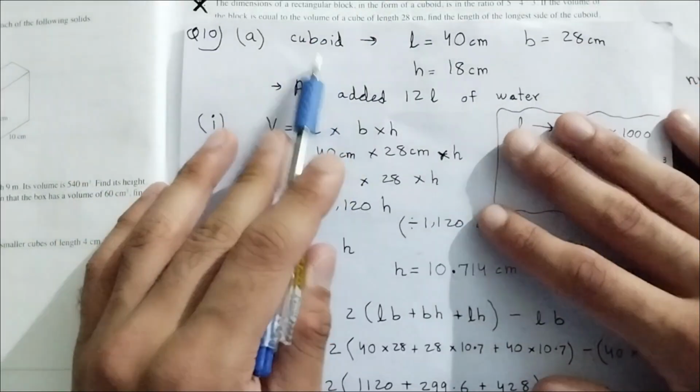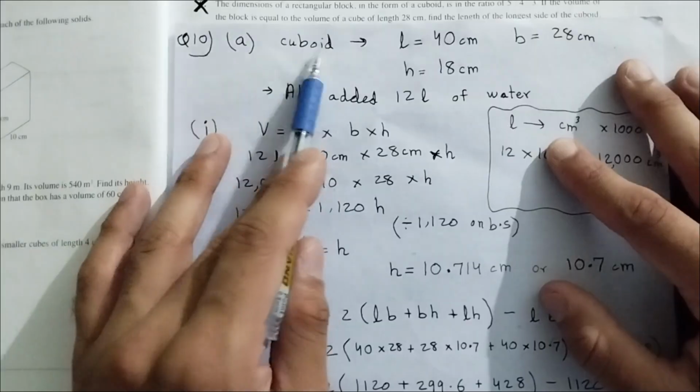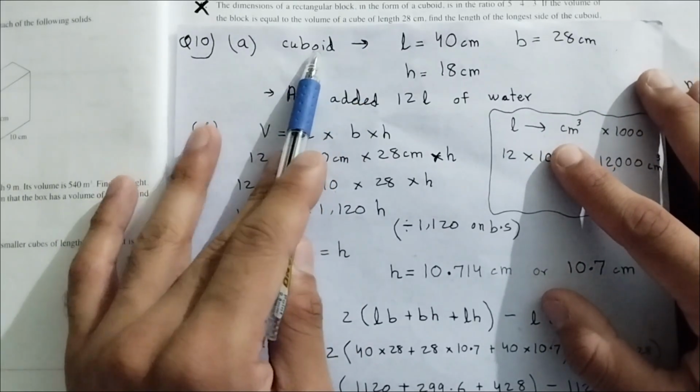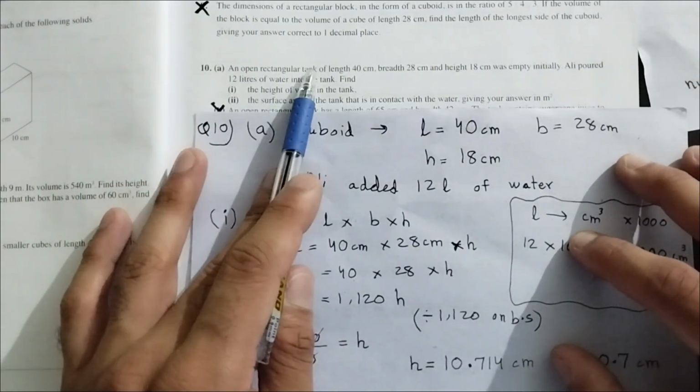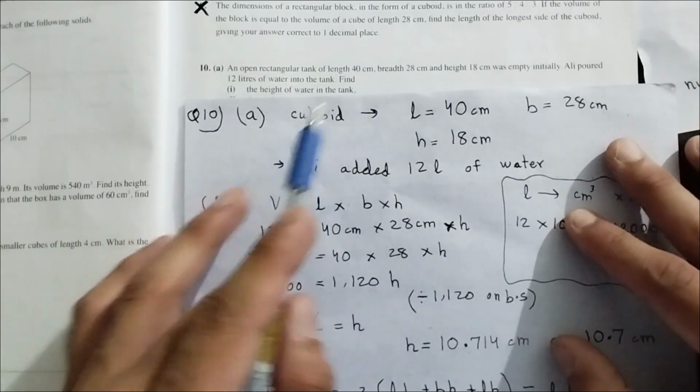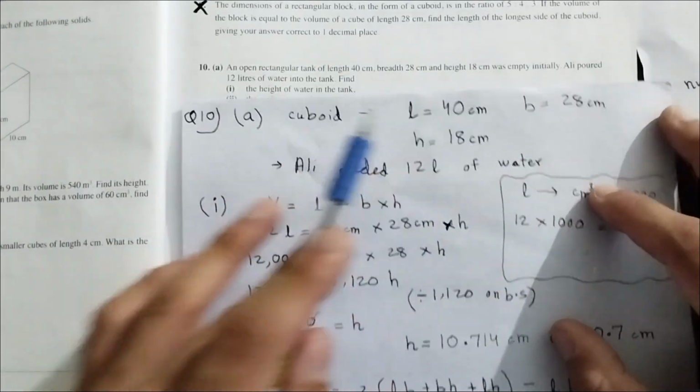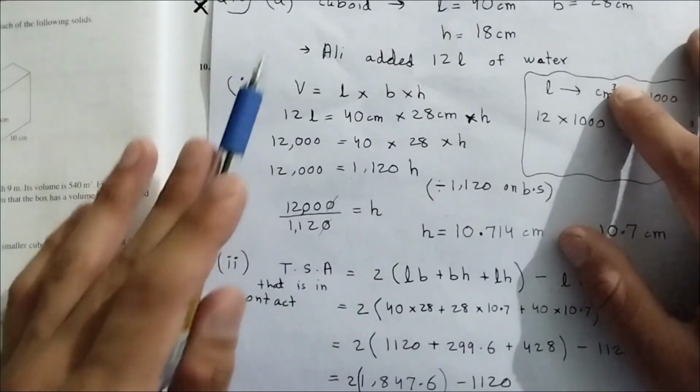We're going to start with just the basics. Again, in the question, it says that it has a rectangular tank, right? So what is a rectangular tank? A cuboid. A cuboid has length, breadth, and height given to us. Ali had 12 liters of water. First, we're going to find the